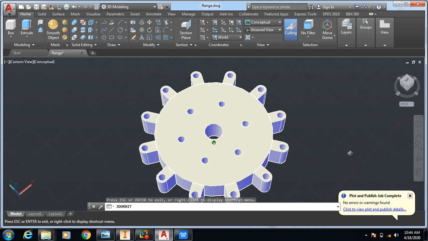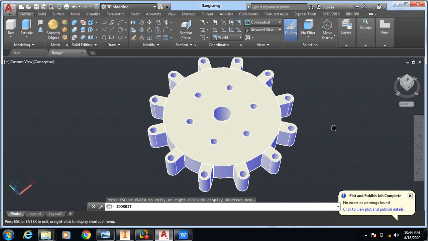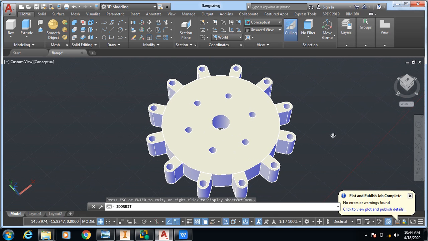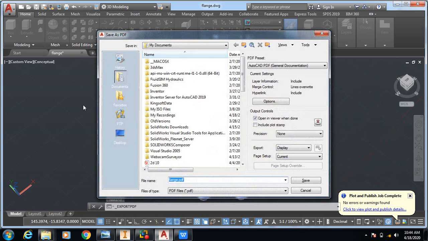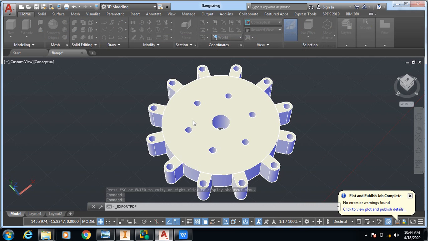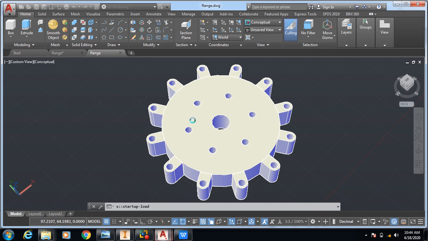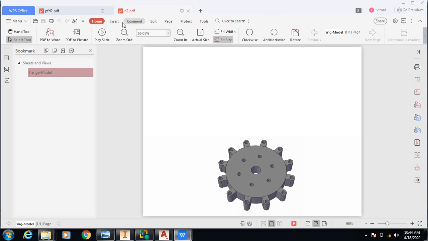So dear friends, just take a PDF of this also. See how it is looking. Suppose it is D2. Just see how it is looking.